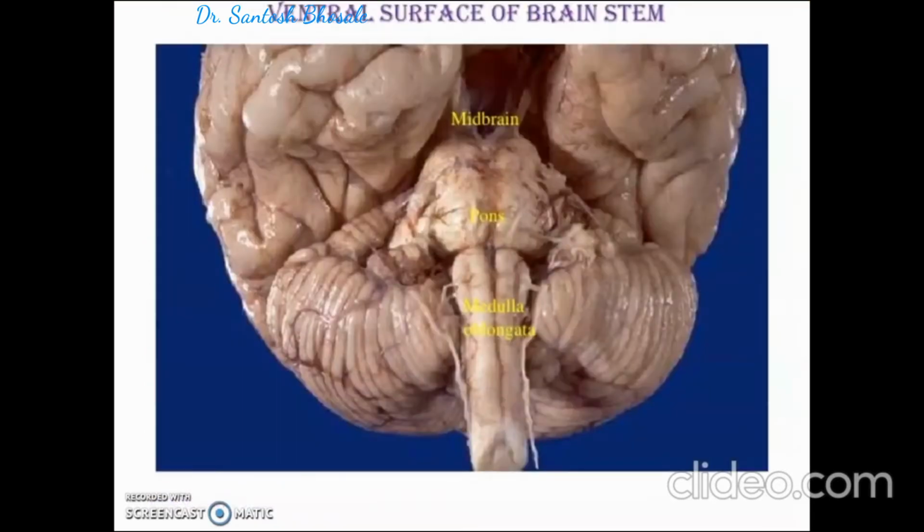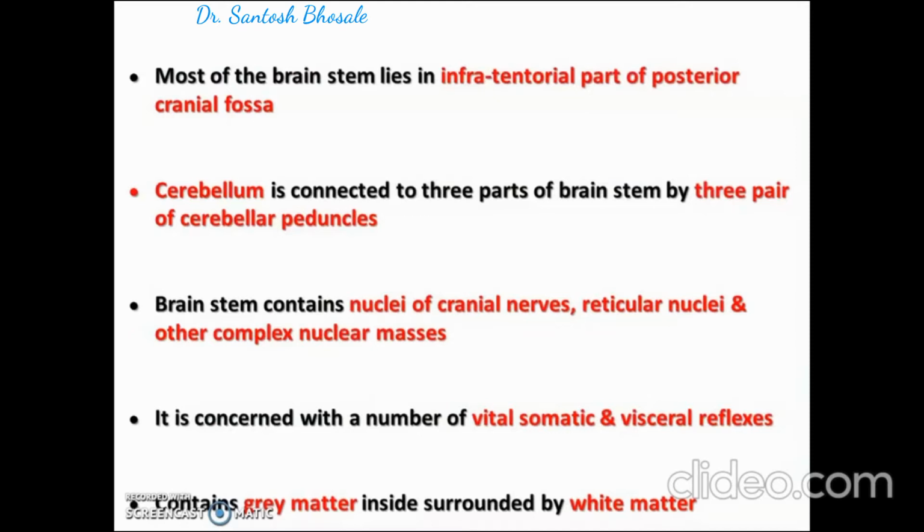When you see the ventral aspect of the brainstem, you will see these three parts from above to downwards: midbrain, pons and medulla oblongata. You can see there how these parts are connected to cerebellum. All these three parts of brainstem are connected to cerebellum via cerebellar peduncles, and most of the brainstem lies in the posterior cranial fossa, infratemporal part, and cerebellum is connected to them by three pairs of peduncles: superior, middle and